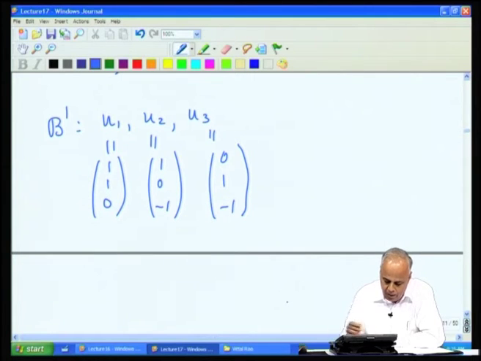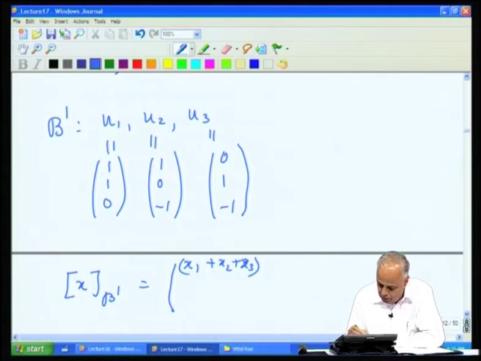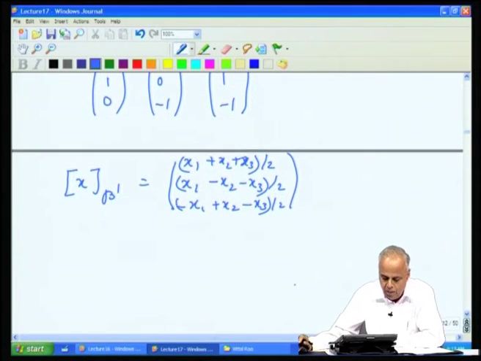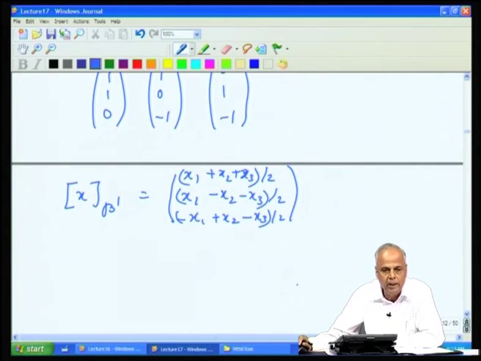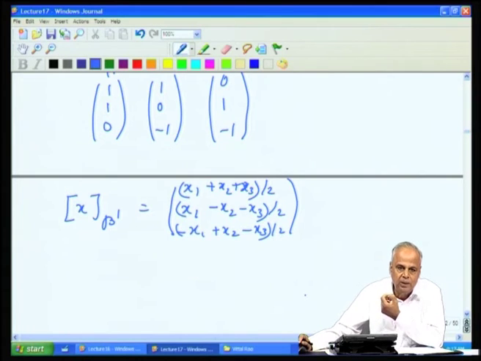Then we have seen that the representation of x in the B prime basis is (x1 + x2 + x3)/2, (x1 - x2 - x3)/2 and (-x1 + x2 - x3)/2. This we found out in the last lecture. So, we have the two representations. Now, how are they connected? To look at the connection, we must represent B in terms of B prime. Let us look at the connection between the basis B